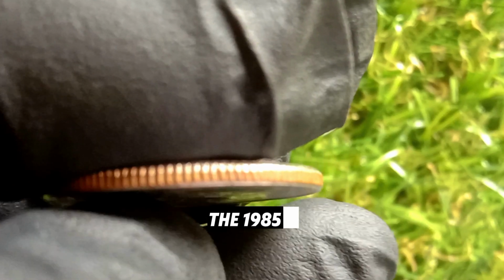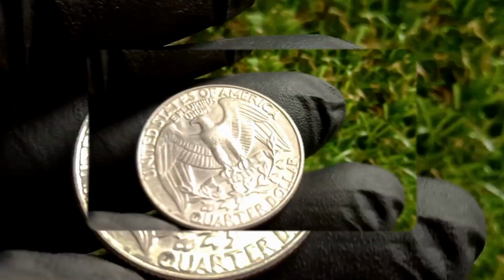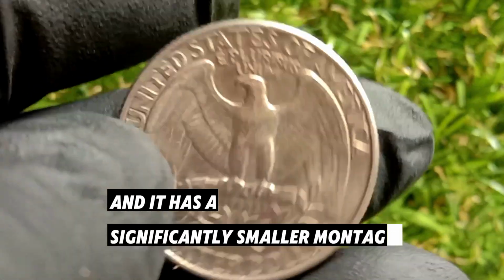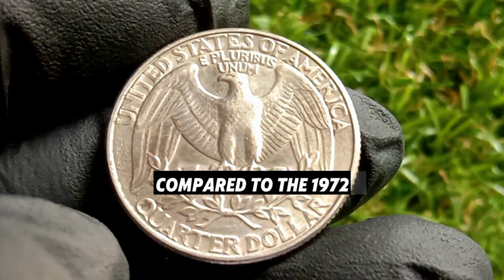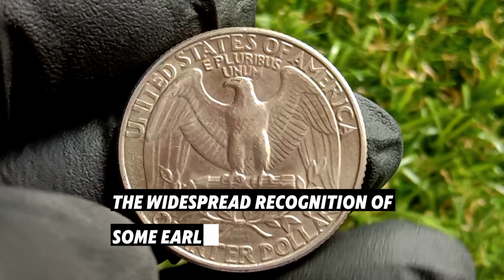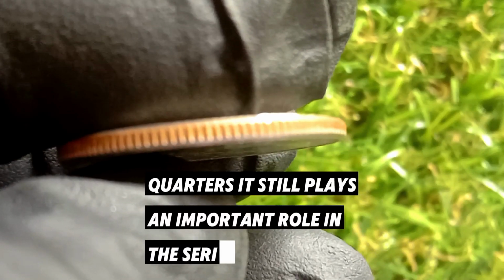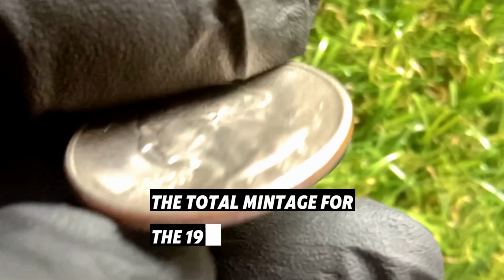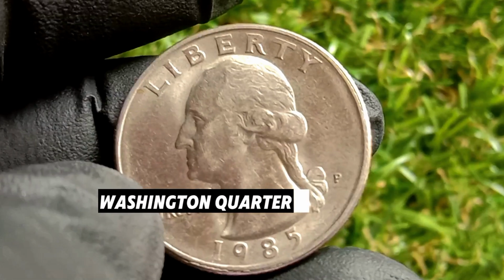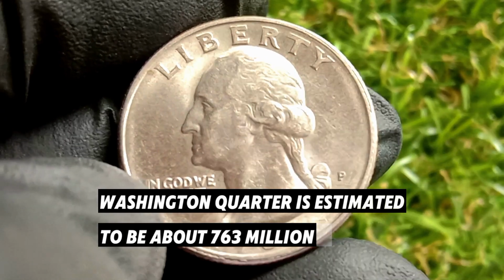The 1985 P Washington Quarter was minted at the Philadelphia Mint, and it has a significantly smaller mintage compared to the 1972 D. While this quarter doesn't have the widespread recognition of some earlier Washington quarters, it still plays an important role in the series. The total mintage for the 1985 P Washington Quarter is estimated to be about 763 million, which is quite a